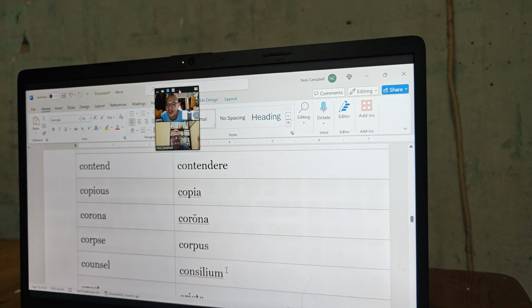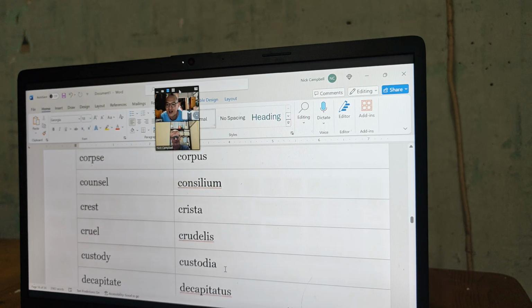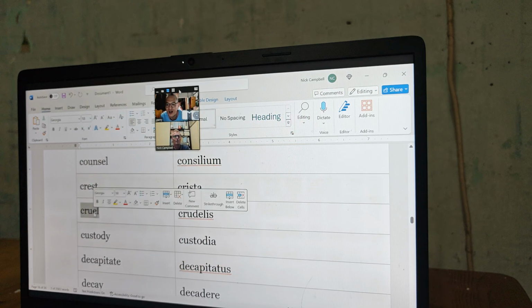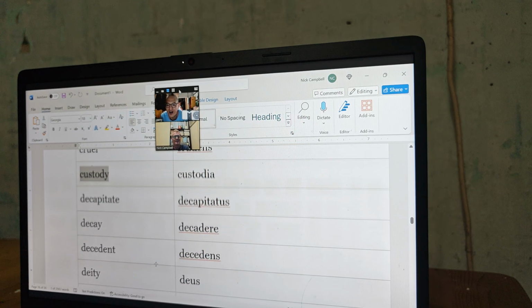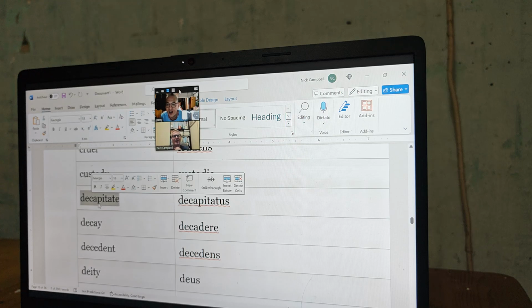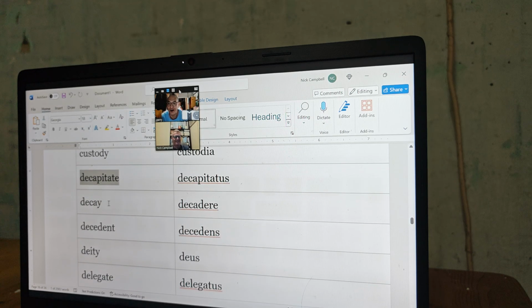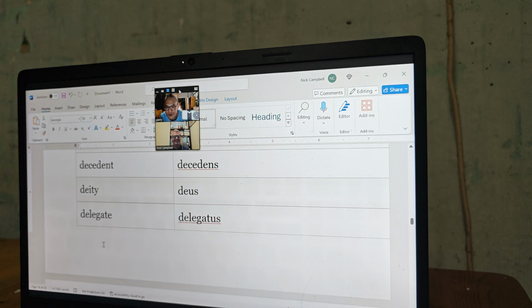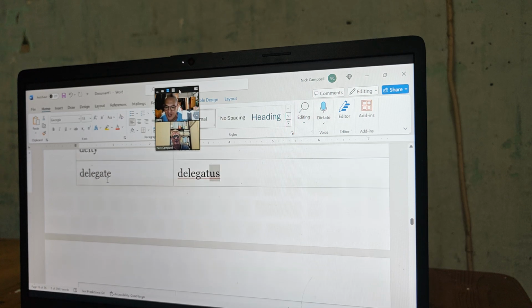There's so many here. This is alphabetical. If you're interested, you can have a look later. Look, cruel, custody, decapitate means to cut off the head. Delegate. Okay, delegate, delegatus. Again, the same. You see the US, just basically the same, but just change the US to the